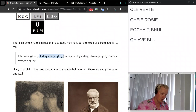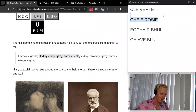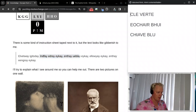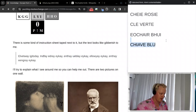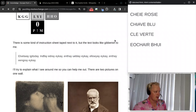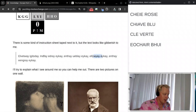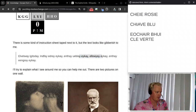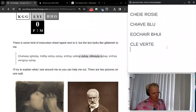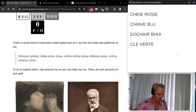So we need to find the red key first, which was this one. So I'm going to put this in the right order. Red key, then blue key, then yellow key, and then green. So yellow was this one, and this is the green key. The one that we found first is going to be the last one. Now,